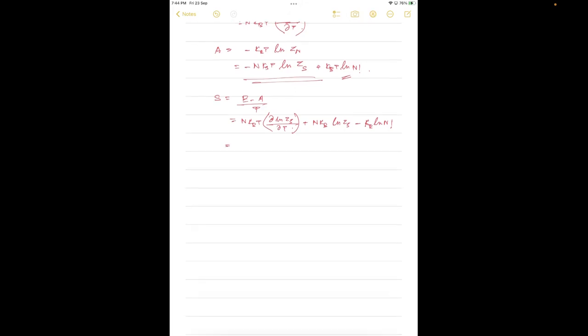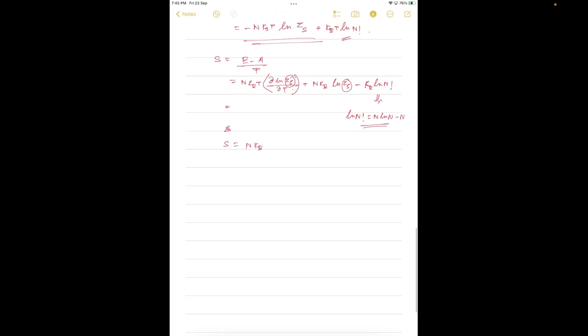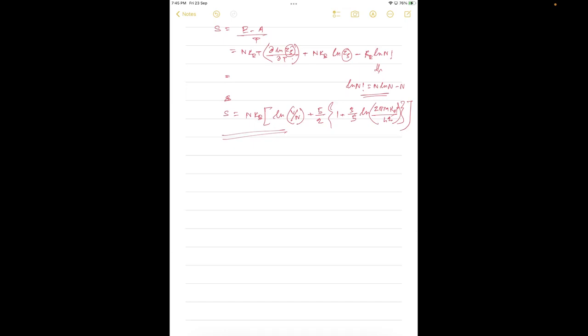So if you just put this Zs here, this Zs and this Zs, and if you just approximate ln n factorial with n ln n minus n, you will get the final expression of S, which is equal to n kB [ln V over n, V is the volume of the cubic box, plus 5 by 2 (1 plus 3 by 5) ln 2 pi capital N kBT divided by h square], like this. So this is the final expression of entropy from indistinguishable ideal gas particles,